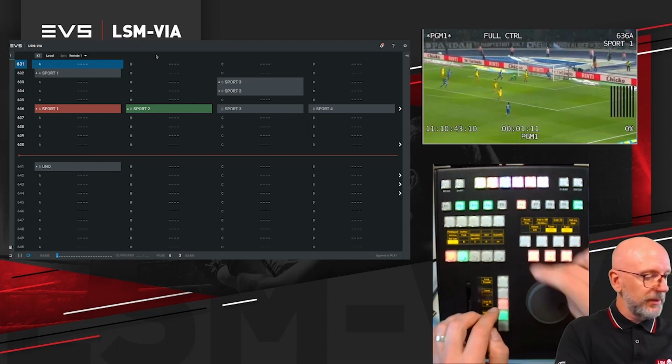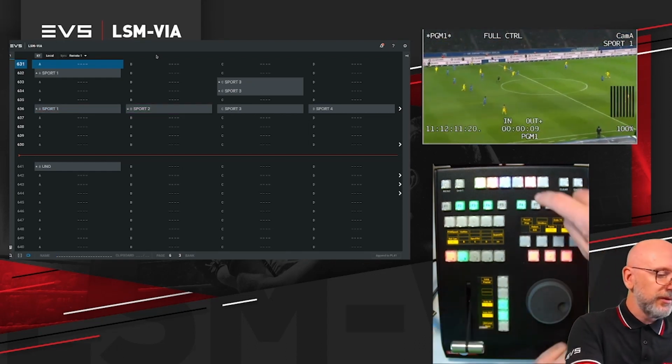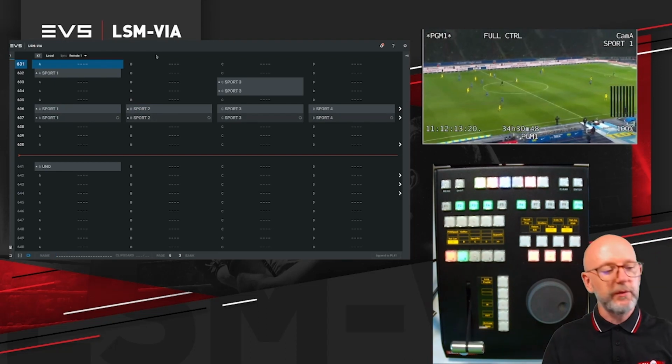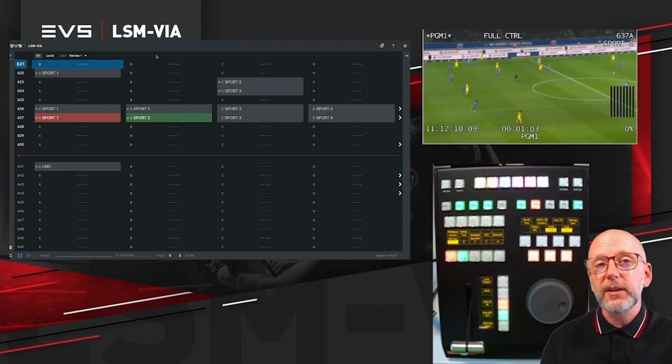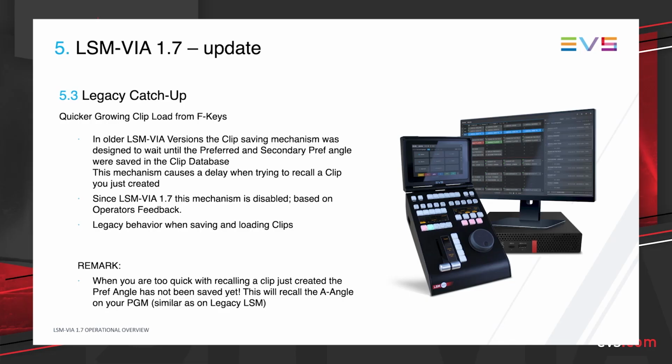So when I create a clip in, out, and make the clip, of course it flashes waiting for the guard band to be created, but I can load it quickly and my angle will be there. Again, if you're too quick, like on legacy, it will load the A angle if that's not your preferred angle, but at least now we can load the clip as it's being created. So that's what we come to expect in legacy, and that's what we now have in LSM VIA